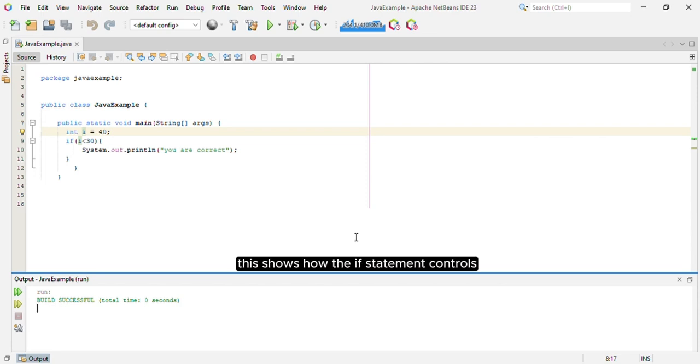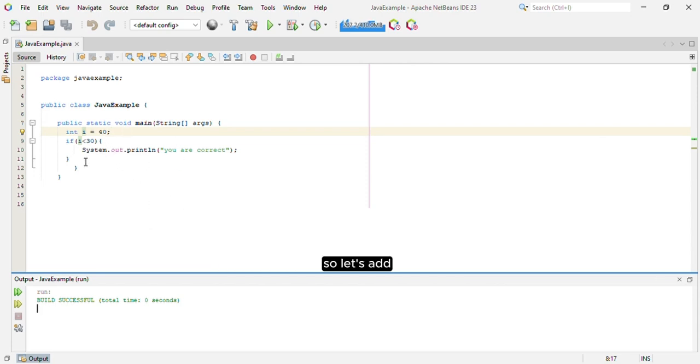This shows how the if statement controls what part of the code gets executed depending on the condition. An if statement can be followed by an optional else statement when the condition is false.